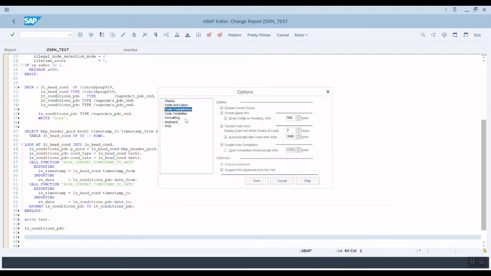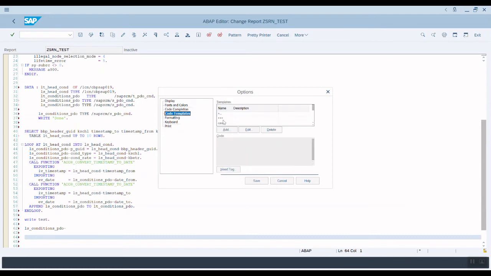So go to code template, and if was sample, there is a case which is already defined by SAP. You can modify this as well, so it is up to you. If you want to add two more, you can do it. So now I'm going to add a new code template.